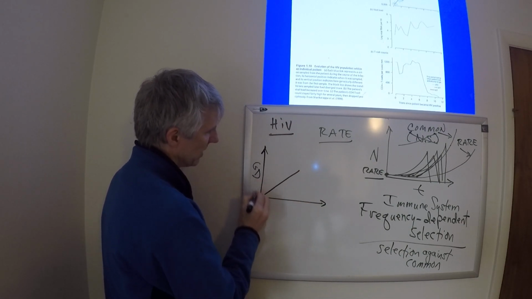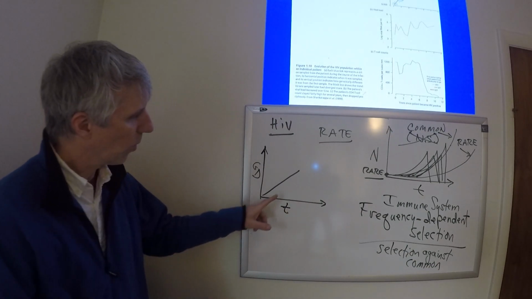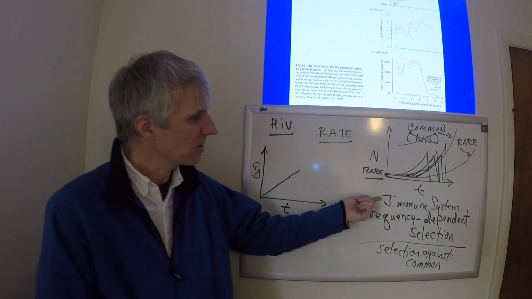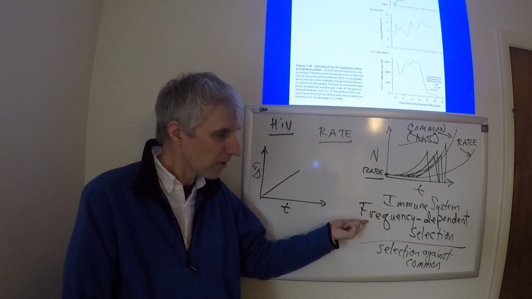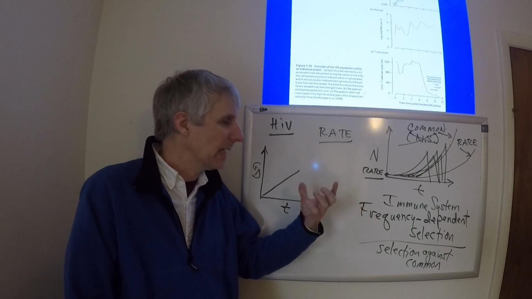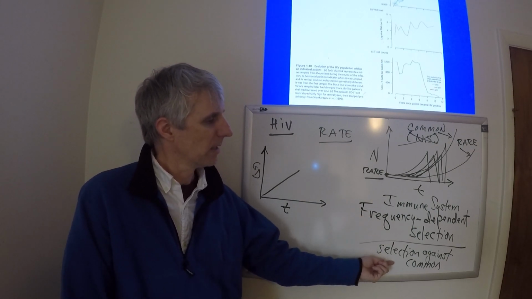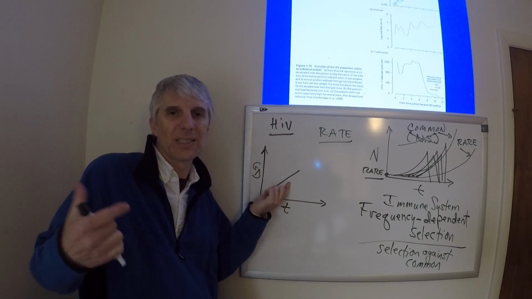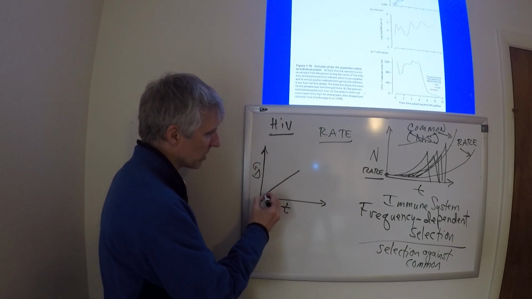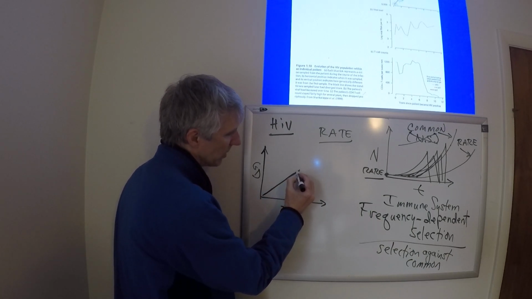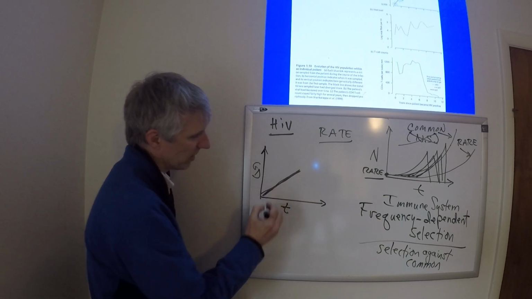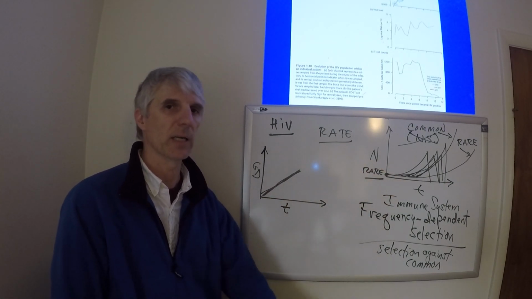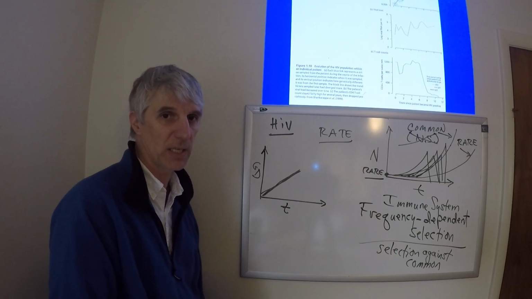So in our curve here, for genetic distance and time, why do we have such a high rate of evolution? It's because of the immune system working frequency dependently. It is attacking common and it's rewarding the rare. Well, the rare ones are the ones that are different. So the immune system is pushing for this increase in genetic difference among individual HIV viruses because of this targeting of the common. Make sense?